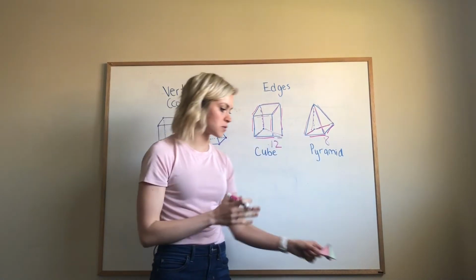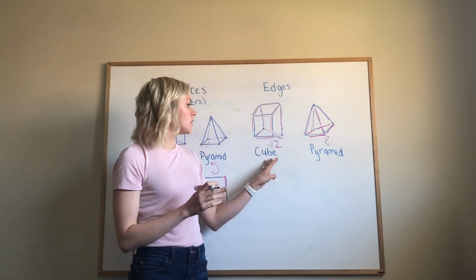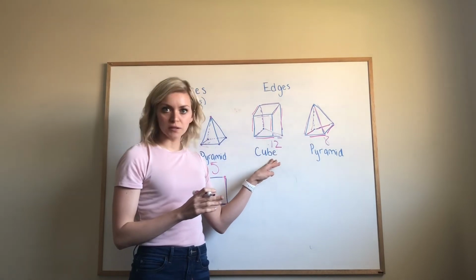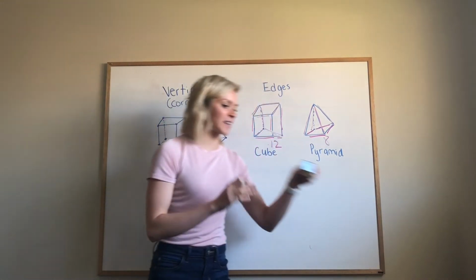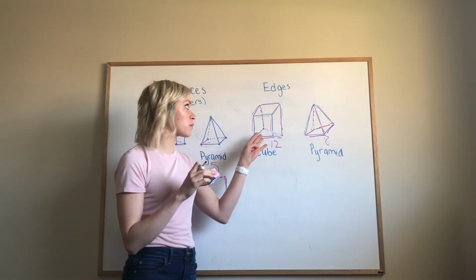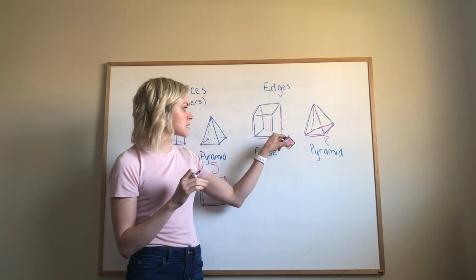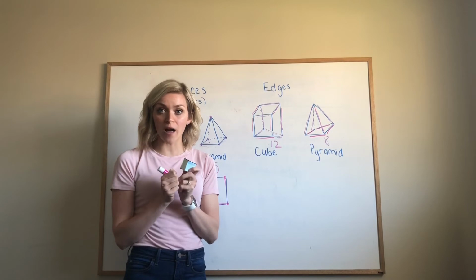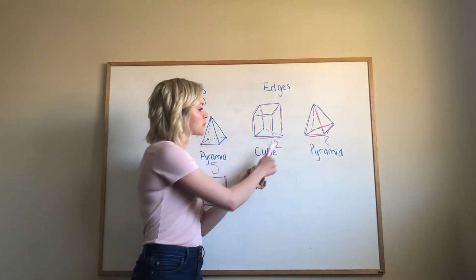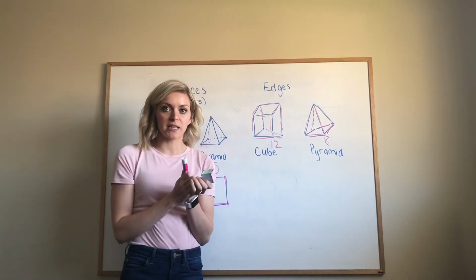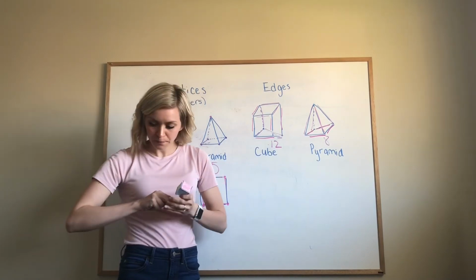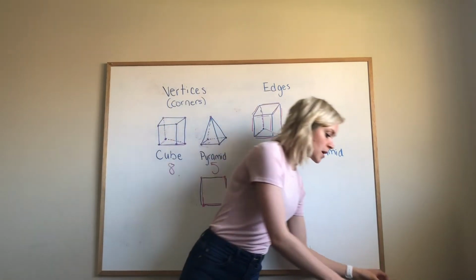I'm so sorry that I screwed up the counting of our cube. It's much easier to count with your actual cube as opposed to my drawing of it as I missed this bottom line here. So it has 12, I kept counting 11, but it's because I missed this line down here connecting the front to the back. So those are our edges and our